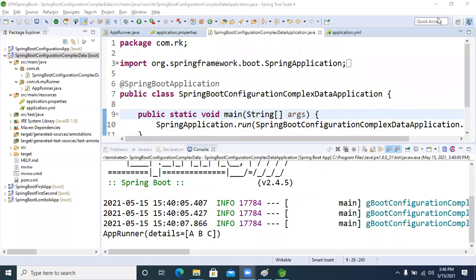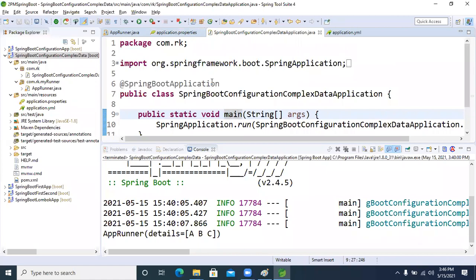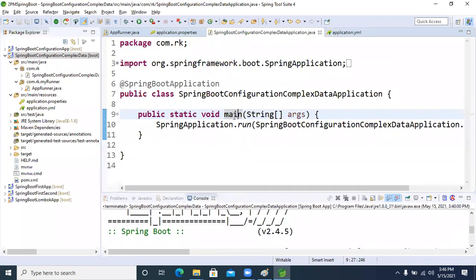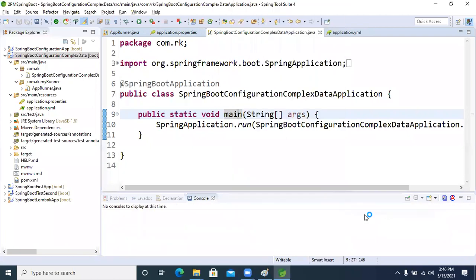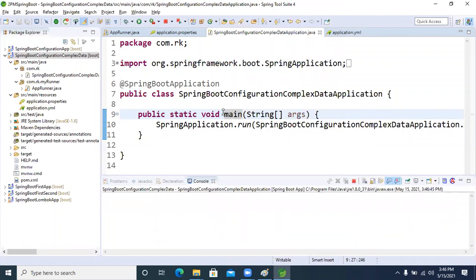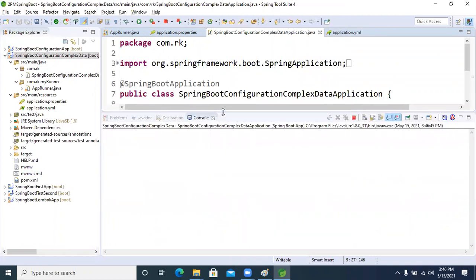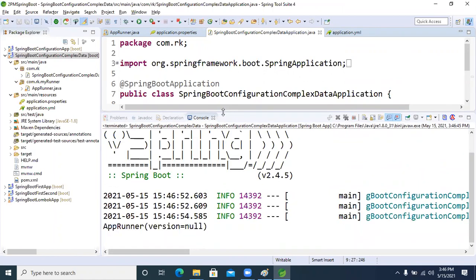Okay, now let's come into the runner class and run our application. Run as a Spring Boot application. We are getting version null.